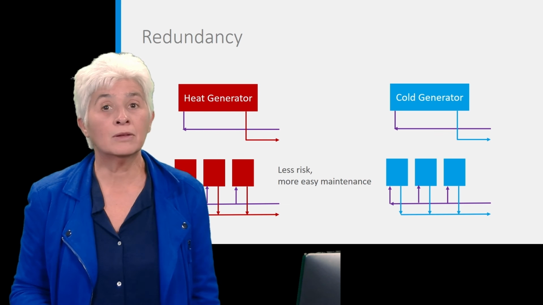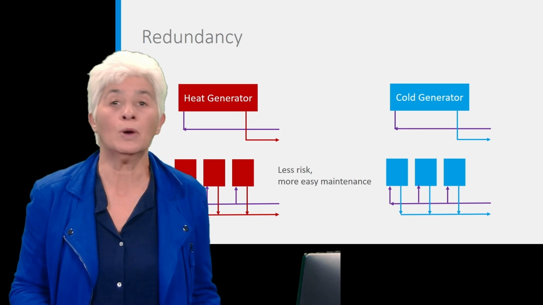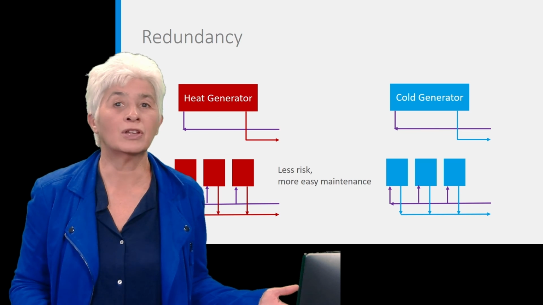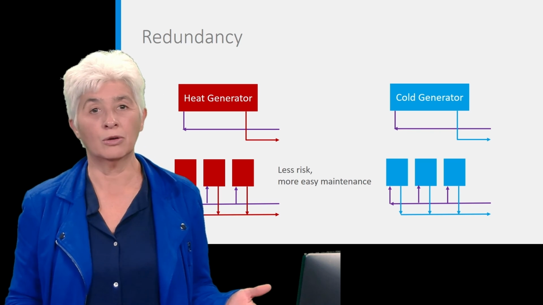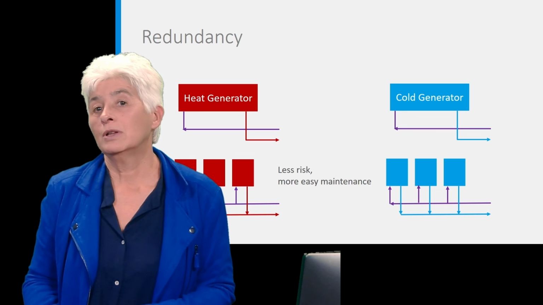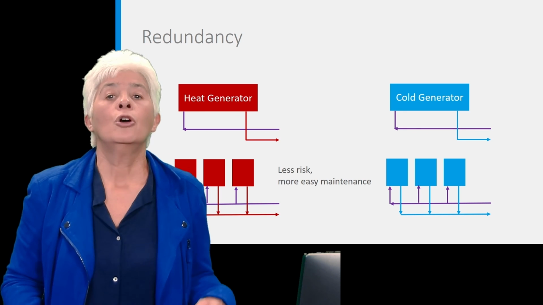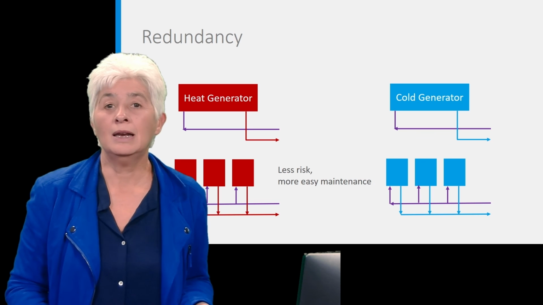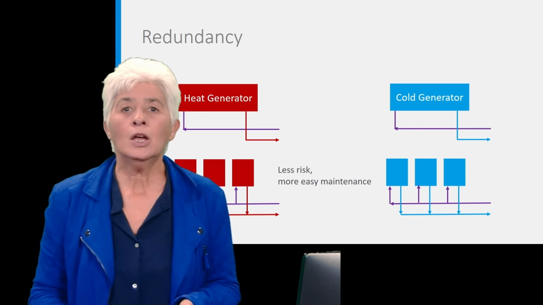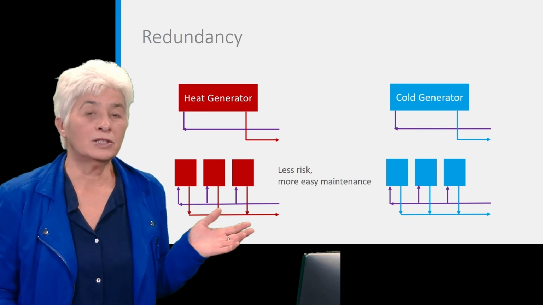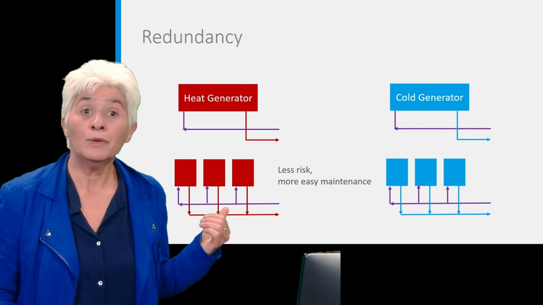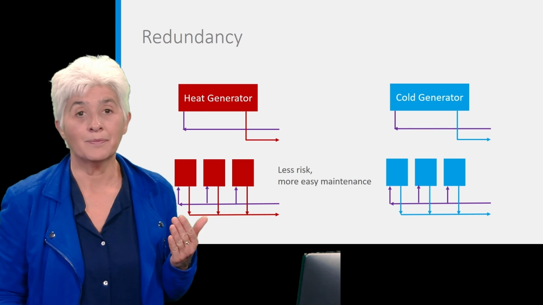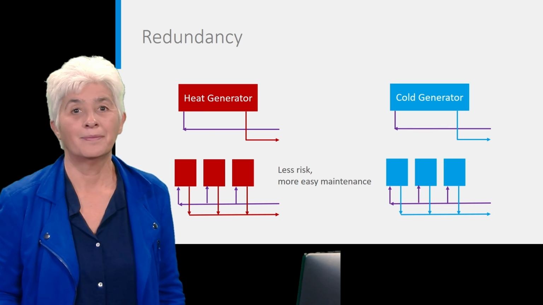It also makes maintenance easier. You can switch off one generator to maintain it while keeping the other ones running. That will give much less burden to the occupants. When more generators are used next to each other, we talk about cascading. In general, it will be done in parallel, like this. So that is different from what we described in the previous slide, where the additional generator was connected in series.